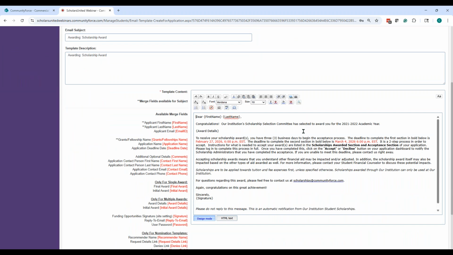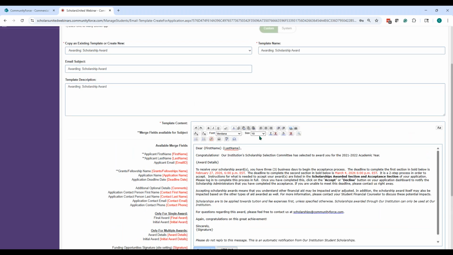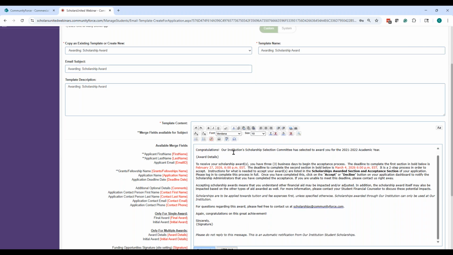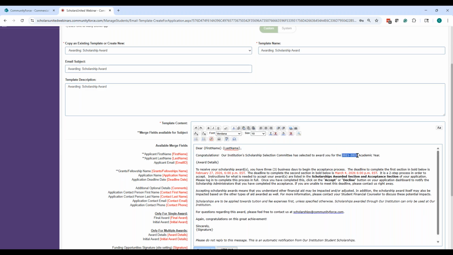But since this is a one-to-many application process, there are certain fields you want to use for this, and there are certain fields you do not want to use. Since the application itself is tied to what's called the posting fund, not the actual fund they're being awarded, you can see here I say congratulations, and then of course I might need to make an adjustment because this was from the 21-22 period, so I might want to make sure I have my 2026 academic year.